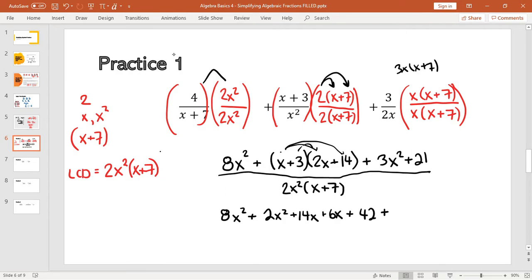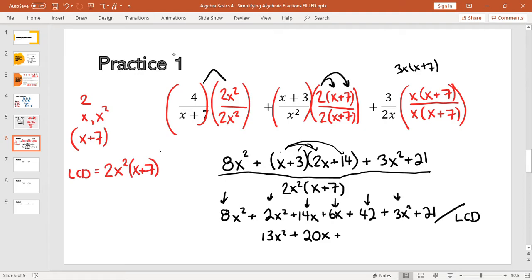And then my 3x squared plus 21. That's all. Getting really lazy here for space. Over your LCD. And now gather your like terms. So I have 3 things that have x squared in them. So 8 plus 2 plus 3, 13x squared. I have 14 plus 6 for the x's, plus 20x. And then I have 42